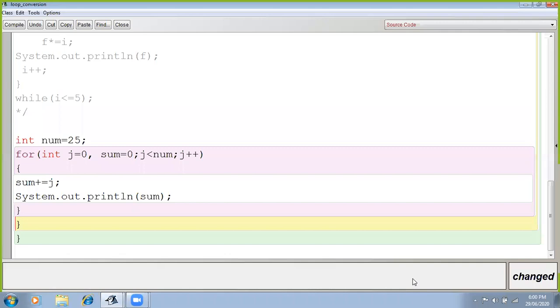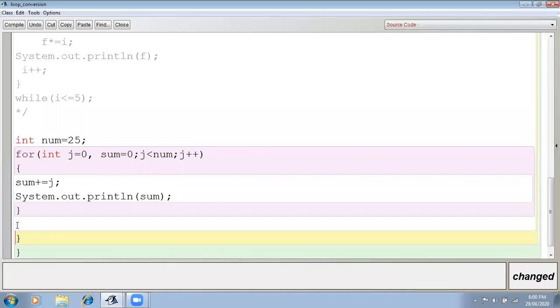This for loop code into do while loop again. Okay, so again initialization. This is the initialization, and this int j equals to 0. It is also initialized. And see over there, comma, not the semicolon. It is not any error. Two initializations are there: int j equals to 0, sum equals to 0.